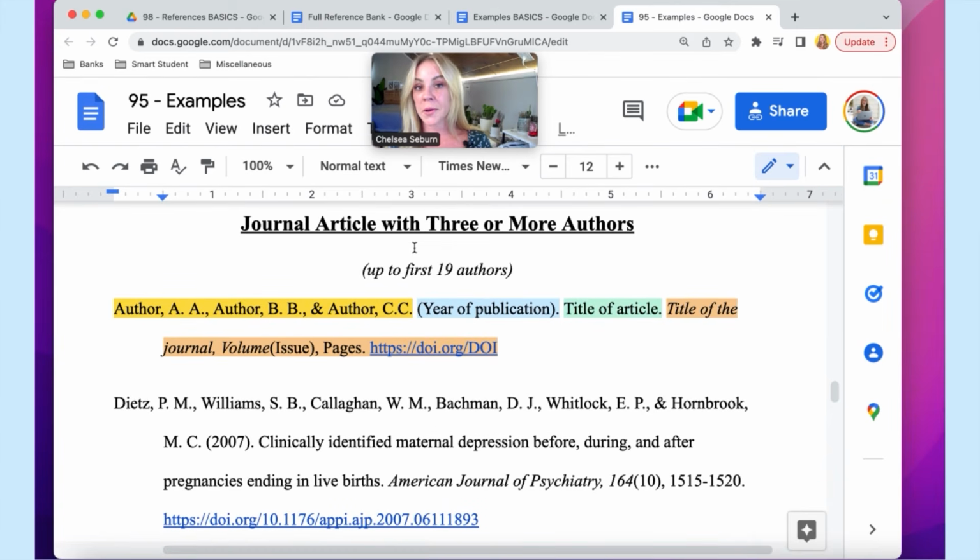There's 2 more scenarios in specific that we're going to cover, and we're going to keep it with journal articles because they tend to have a lot of authors. The first one is what to do when a source has 3 or more authors, and 3 or more meaning up to the first 19. So this stands true whether you have 3, 5, 18. Okay, simply put, all of the authors leading up to the last 2 are going to be separated by a comma, and then the last 2 are going to use that ampersand symbol once more,